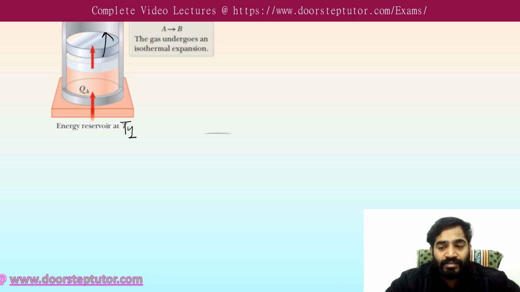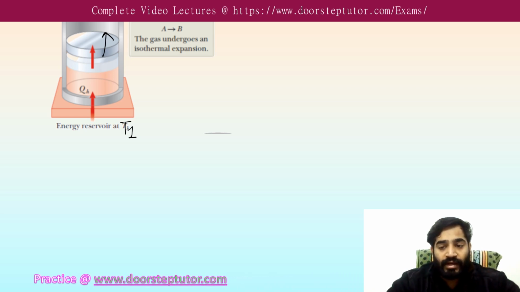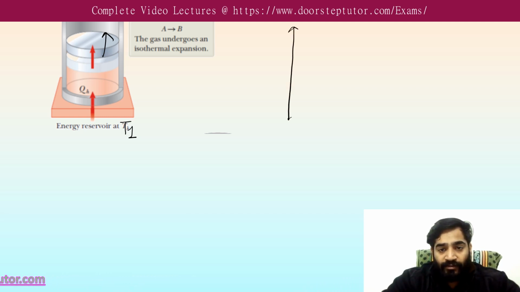But this expansion is very slow. The piston is moving slowly, and as the temperature of the gas falls, the gas absorbs the required amount of heat from the source, and it expands isothermally. Clear? It expands isothermally. So if I draw the PV diagram for this